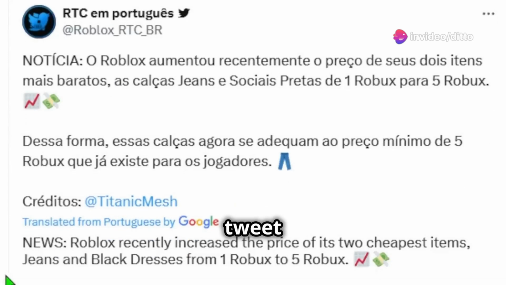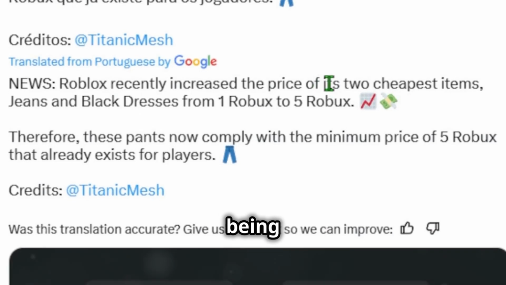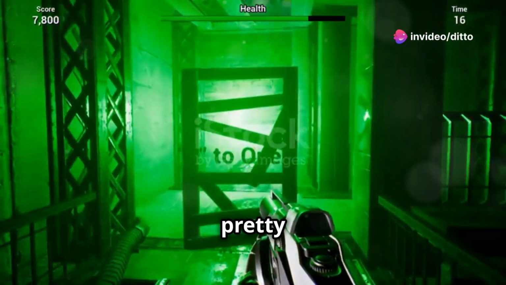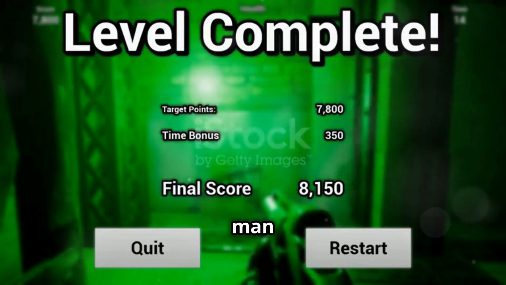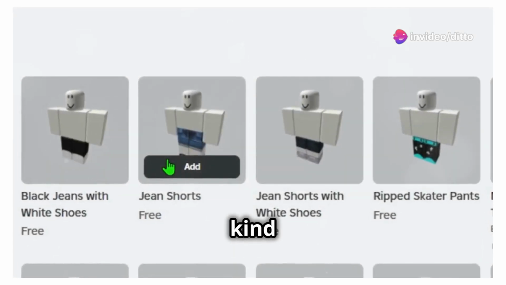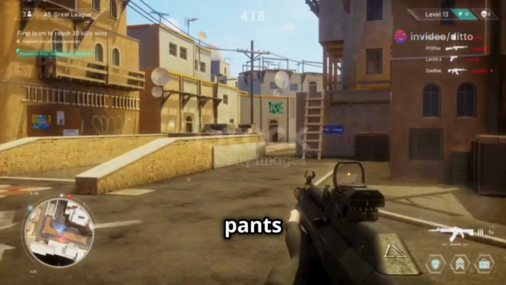Yeah, you can see in this tweet here, if I translate it, it says Roblox recently increased the price of its 2 cheapest items, being black dresses, from 1 Robux to 5 Robux. Therefore, these pants now comply with the minimum price of 5 Robux that already exists for players. So yeah, now I'm pretty sure these items were uploaded by Roblox if I'm not mistaken. But man, it just kind of stinks. And now they're 5 Robux and it's probably not worth it to buy it, because to be honest, you could have just bought any of these free ones. They kind of do the same thing, to be honest. Yeah, that's what's going on with that. Rest in peace to those pants, and now we can move on to the next story,